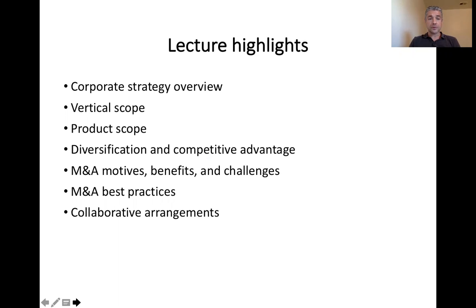And we'll talk in more detail about diversification and the way it can help us with competitive advantage and above average returns. And then we'll talk about how specifically the firm can manage its scope, because there are multiple ways, and some of them are fairly hands-off and arm's length. So we'll need to look at that as well.